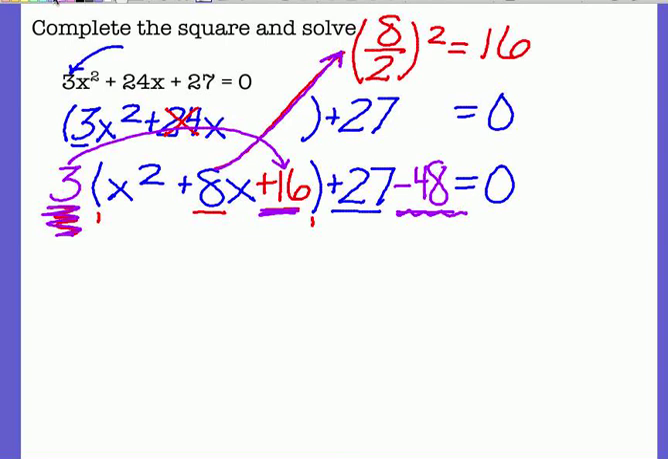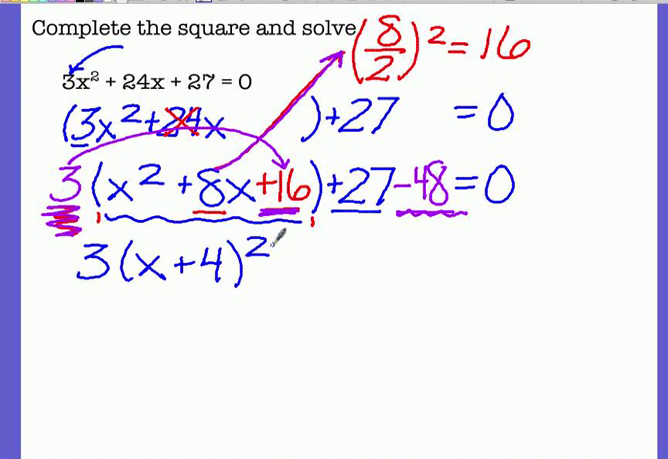Now all your work is done. We just take this 3, factor the polynomial into 2x plus 4, since 4 times 4 is 16 and 4 plus 4 is 8. 27 and negative 48 is negative 21. Is that true? Yes. Equals 0. So we're done. We just completed the square even though the leading coefficient wasn't 1, but we're not done yet